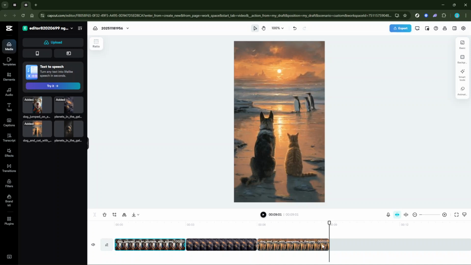With these steps, you can quickly set all image durations to the same length in CapCut, giving you yet another skill to keep your projects looking professional and polished. I hope you found this tutorial helpful, and I look forward to seeing how you incorporate these tips into your creative projects. Happy editing!